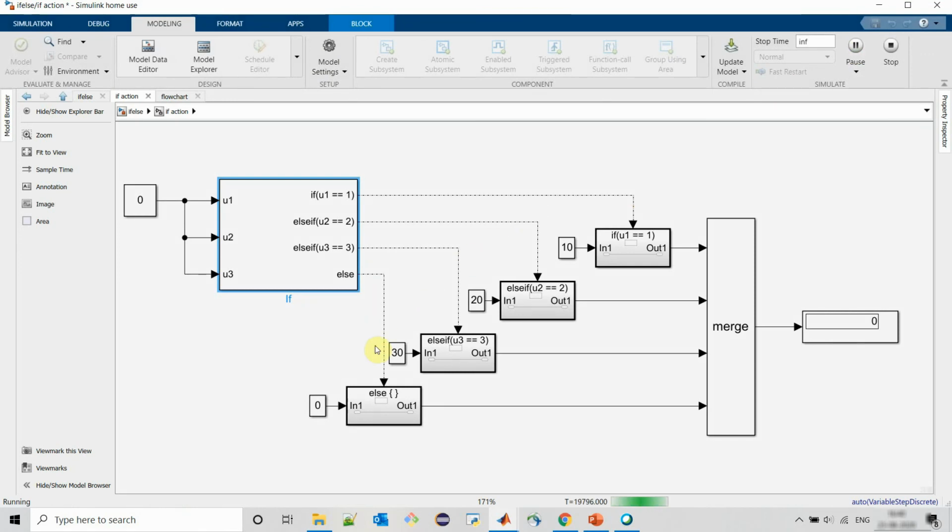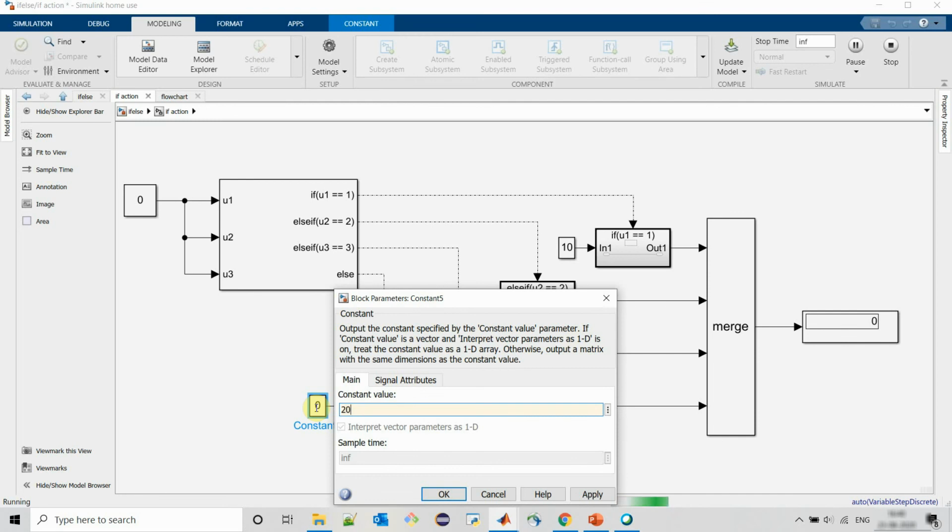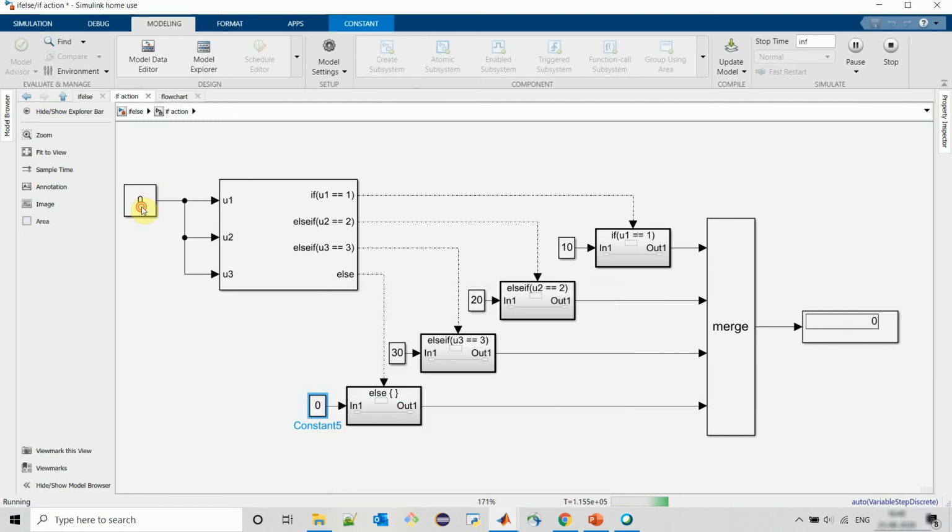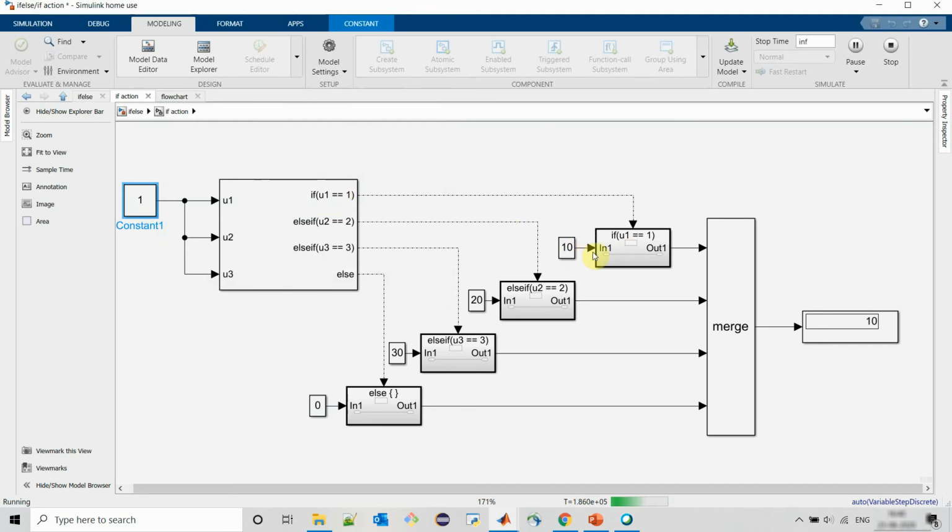Initially, none of the conditions is true, that's why the default value is passing. When we make condition 1 true, the first subsystem will be enabled and its input is passed.